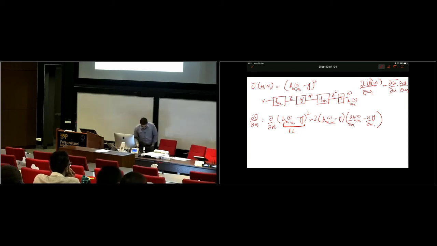Now I claim that we don't need to look at y, because y is an observation, it's not a function of w. So you have to just find the derivative of the hypothesis function with respect to w1. W1 is the difficult one, w2 is easy, but we'll do the difficult one and I'll leave the easy one for you.